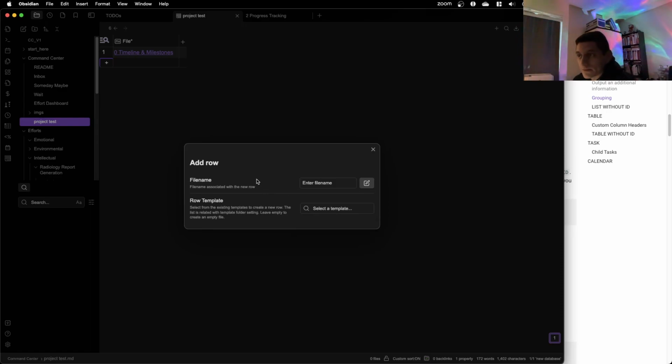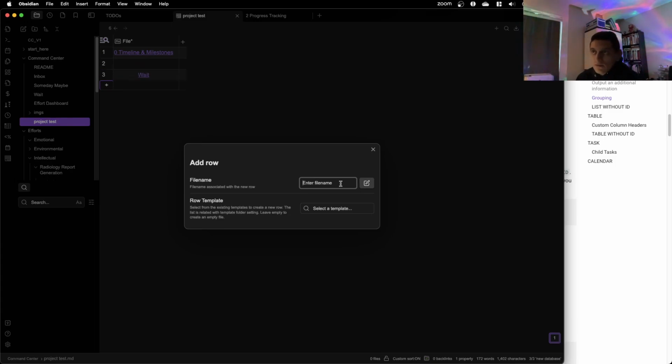Select to create a new row. This list is related to create an empty file. Leave empty. Yes, so let's leave it empty. And then enter file name. So let's do another. I don't know.